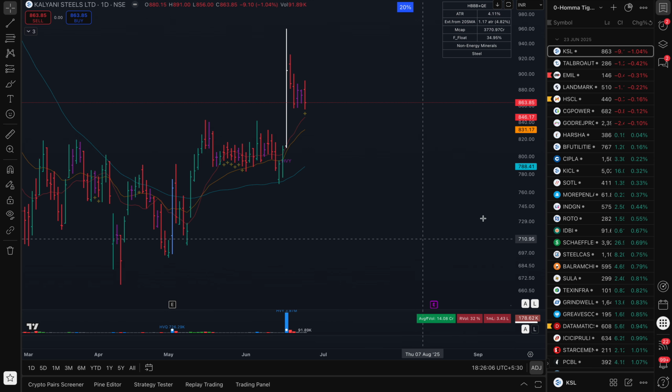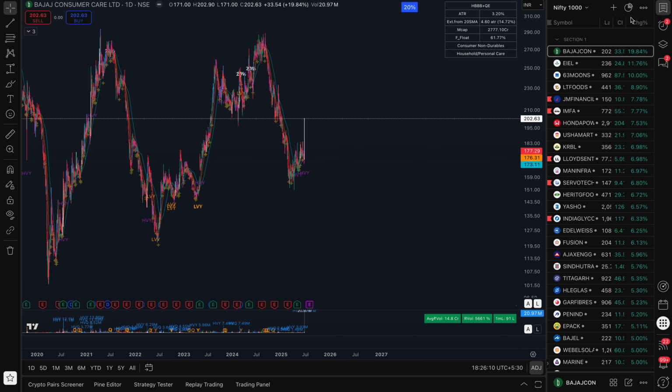Where we go wrong is once we look at the top movers of the day. And again, I'm not just making these things up. These are things which I do regularly, and that is why part of this comes from observations rather than reading a book or following someone's story. So early morning when I ran this scan, which I do every day, I saw Bajaj Consumer and EIEL. These are the two names which stuck in my mind. Of course, JM Financials picked up later. I also made a position in this here.